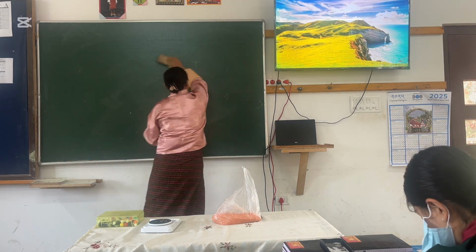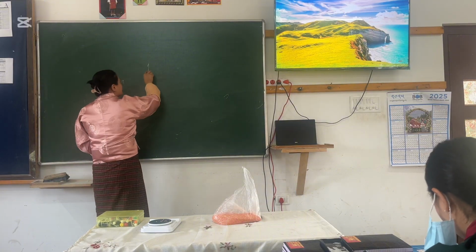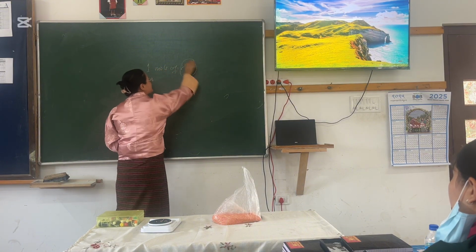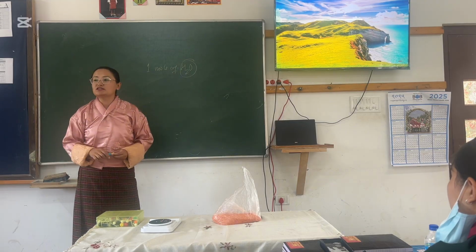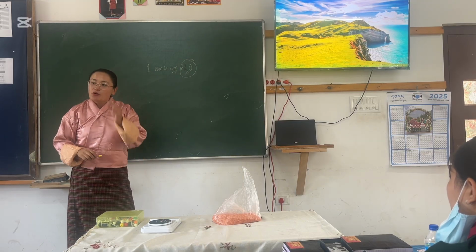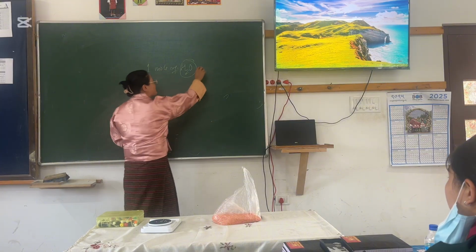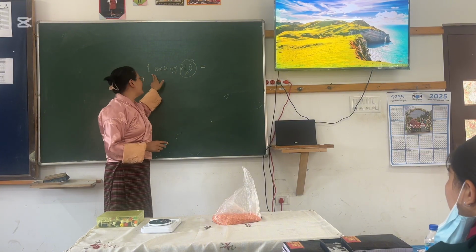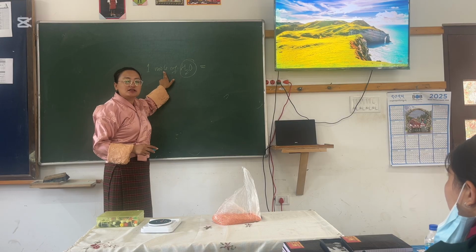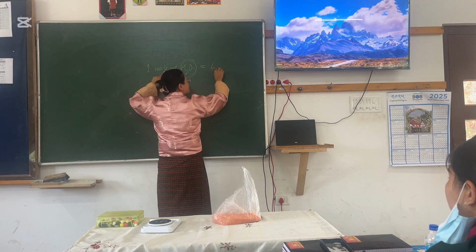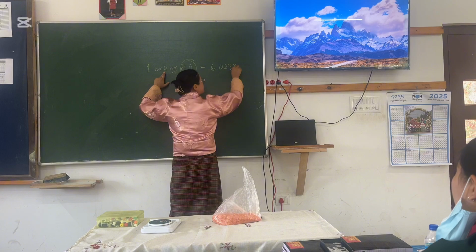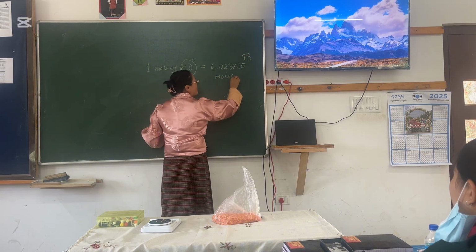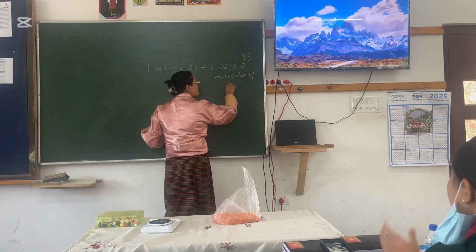So if I say, bring 1 mole of water. So water, is it an atom, is it a molecule, what is it? It is a molecule. So if I say, bring me 1 mole of water, which means in terms of number, 1 mole means how much? 6.023 times 10 to the power 23. What is it? Molecules of water.